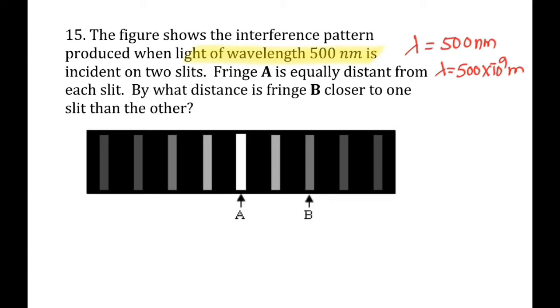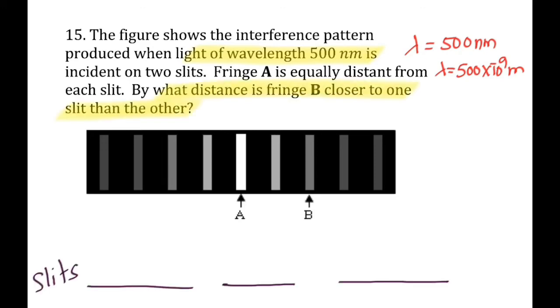By what distance is fringe B closer to one slit than the other? So here it is not clear what they are asking. So you have to think and then get to the answer and know what actually the problem is asking for, as it's not a direct problem. So we look at the diagram for the slits. We can see that B